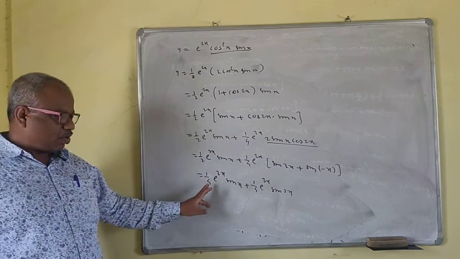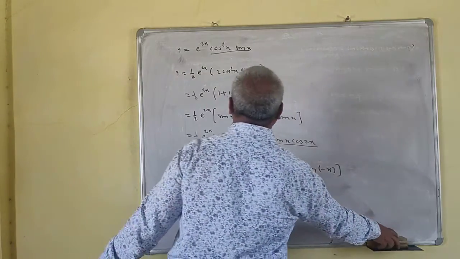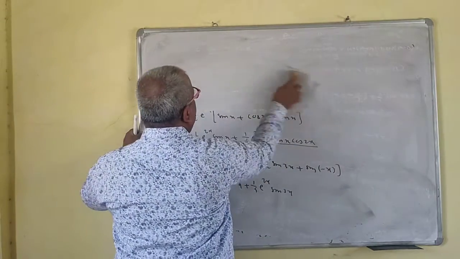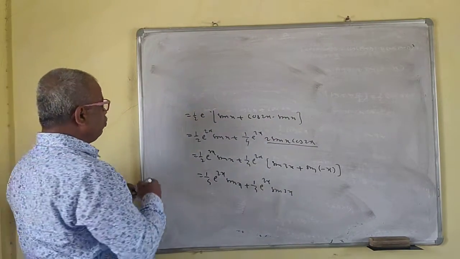Okay. Now you get a formula now here. E raised to ax sin of bx plus c. Okay. So we'll write the formula now. We'll apply that formula. Okay. Here your a is 2 and your b is 1 now. So what is y n then?